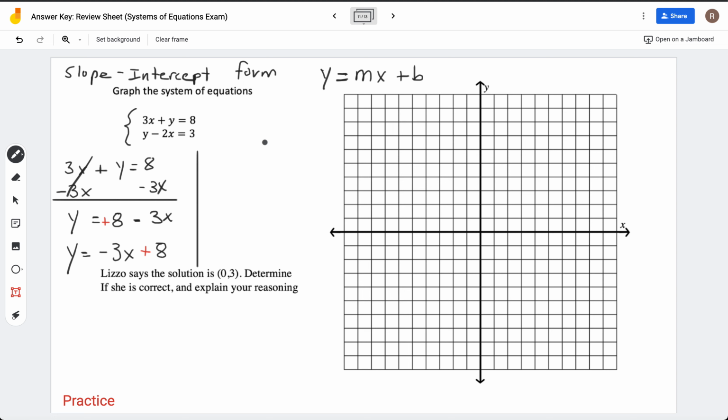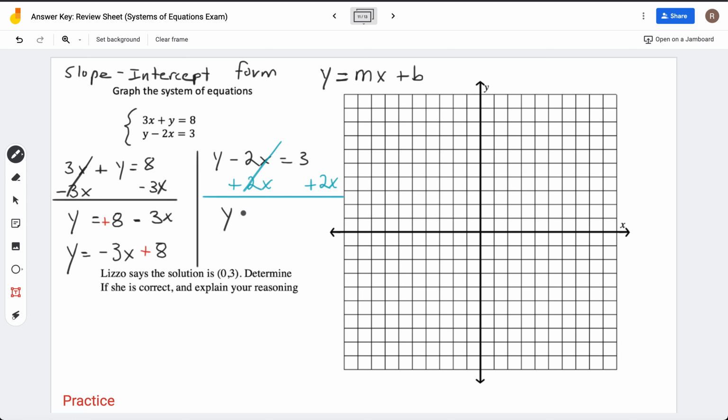Now let's look at the second equation. In our second equation, y minus 2x is equal to 3. Now again, we want to isolate that y. We want to get that y in quarantine by itself. So we want to get rid of this negative 2x and bring it to the other side. To do that, we're going to do the inverse of negative 2x and add 2x to both sides. So this and this will cancel out. And now we are left with